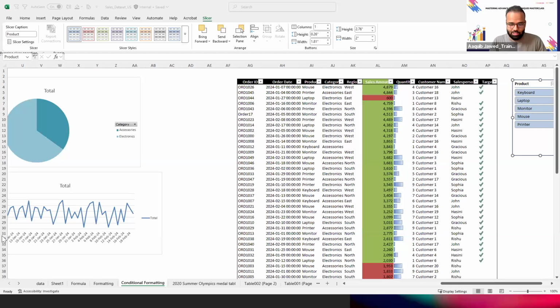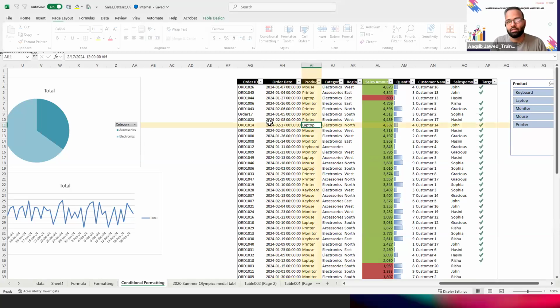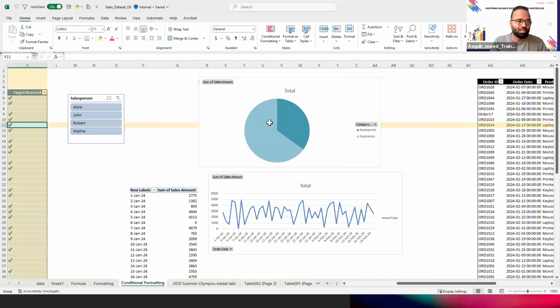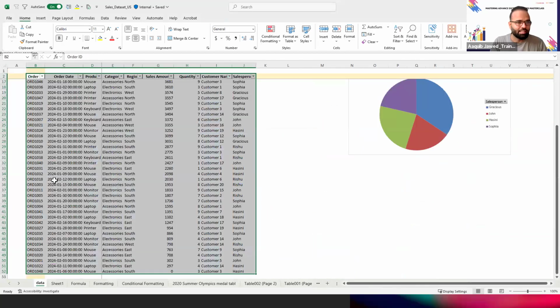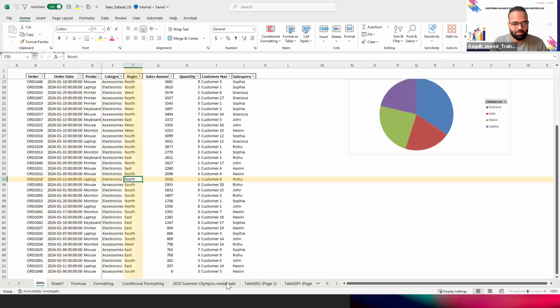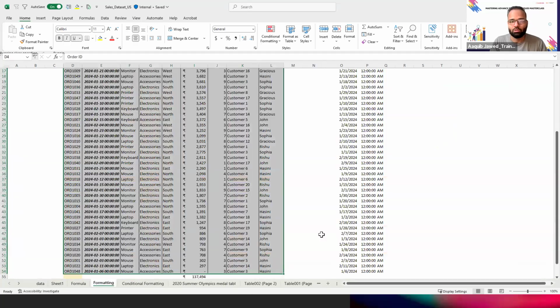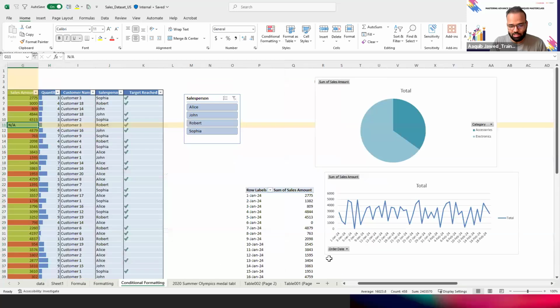Awesome. Ladies and gentlemen, I think we are very close, and we have almost converted a data which looked like nothing in this format to something wherein we are able to have